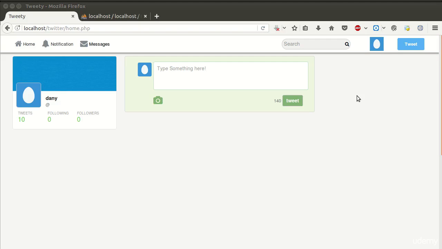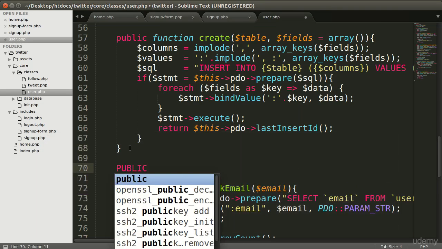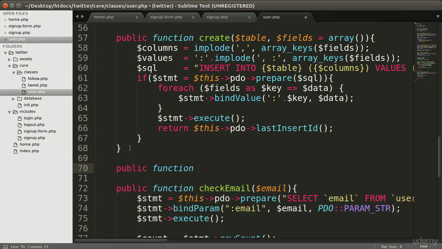Hello and welcome back. In this lecture, we create update method to update our database. So whenever we want to update our database, we will call our update method. So go to your users class to create that method, and below our create method, we need to create new public function. So public function, and name will be update,